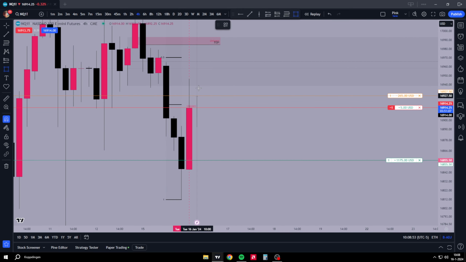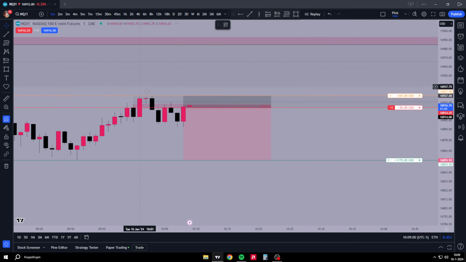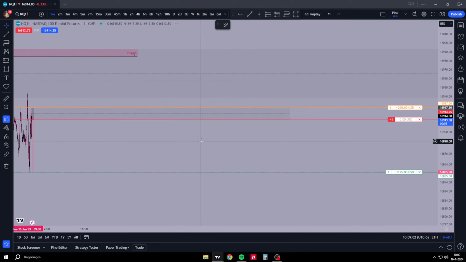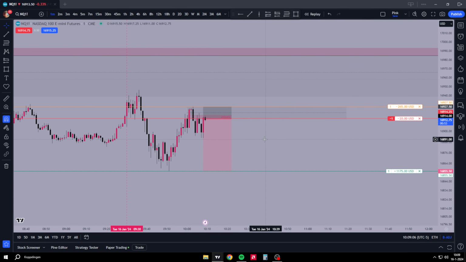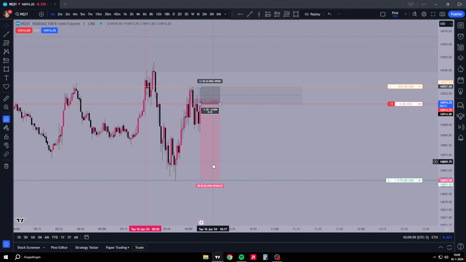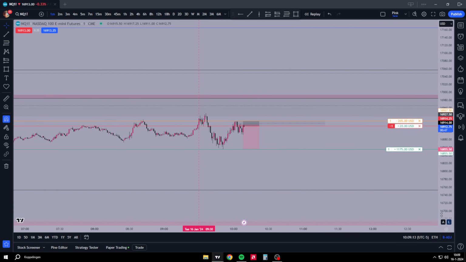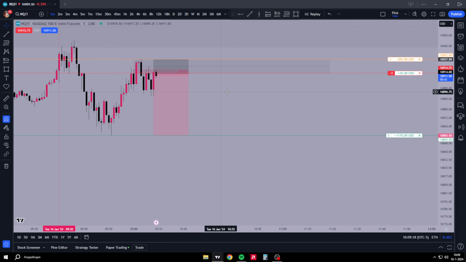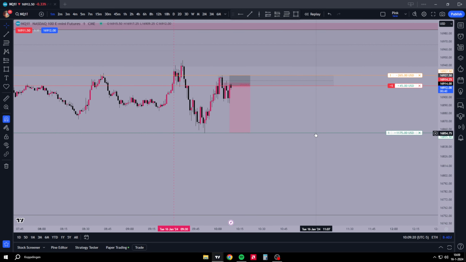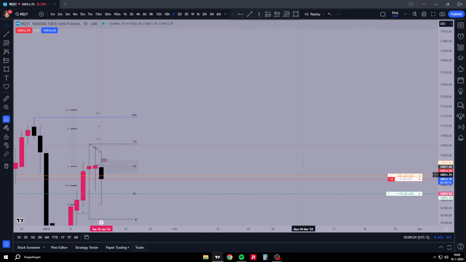We're just taking this off of here, the 4 hour. We're just taking it off of the 4 hour, and we're expecting an open. We expect a high, then we expect the low here, and then we expect a close. Also with our bigger bias, power of three and the economic calendar,